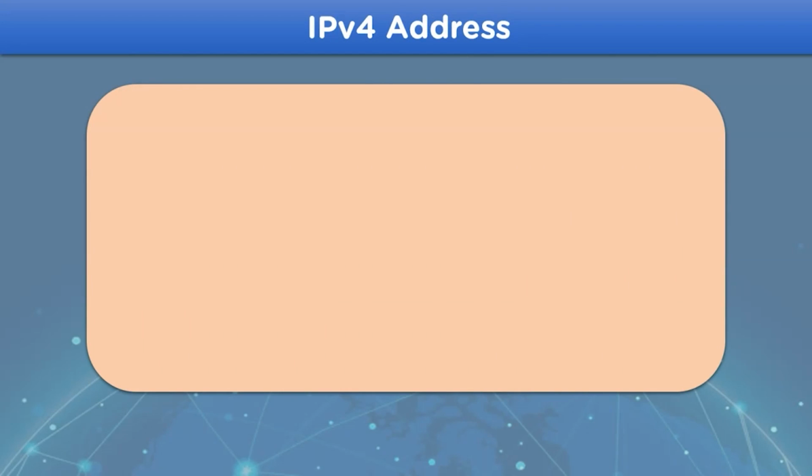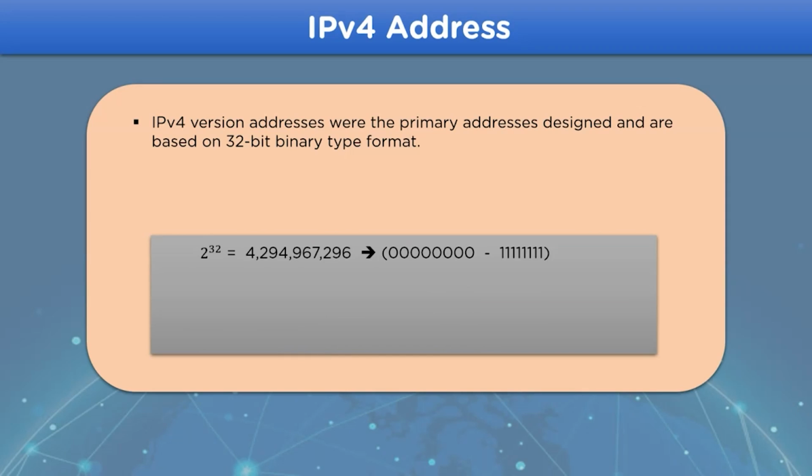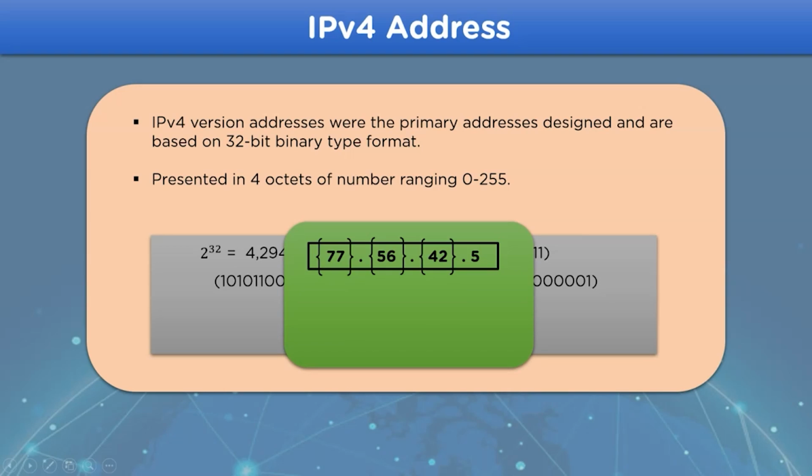First, we have the IPv4 address. This is the original version of an IP address, developed on a 32-bit binary format, which contains 2 to the power 32 addresses. The address range is from 0 to 255, with 4 octets, each of them separated by a period. The network device uses binary format, whereas the numerical format is used for the host reference. The first part denotes the network part in an IP address, and the second part is for the host part.